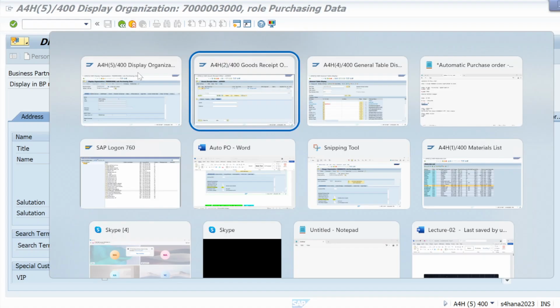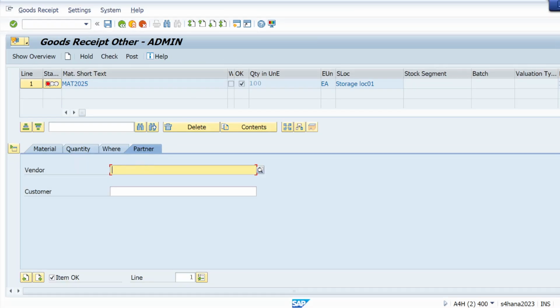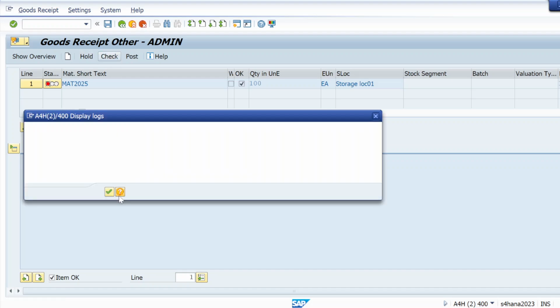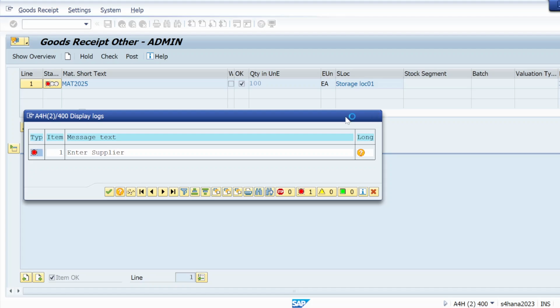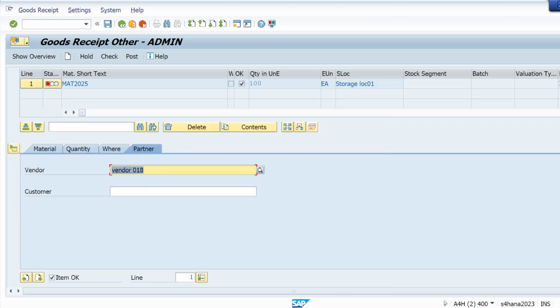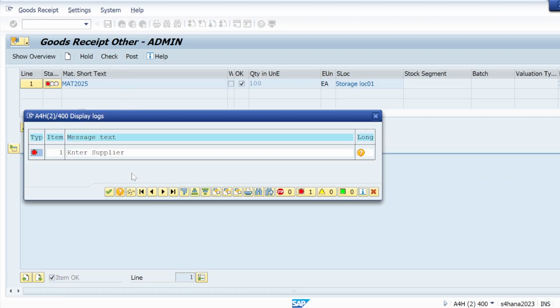Whatever the system fetches, let me take this supplier and hit enter. Check. Again, it's throwing the same error. Still, we are giving the supplier and it says the supplier is missing.